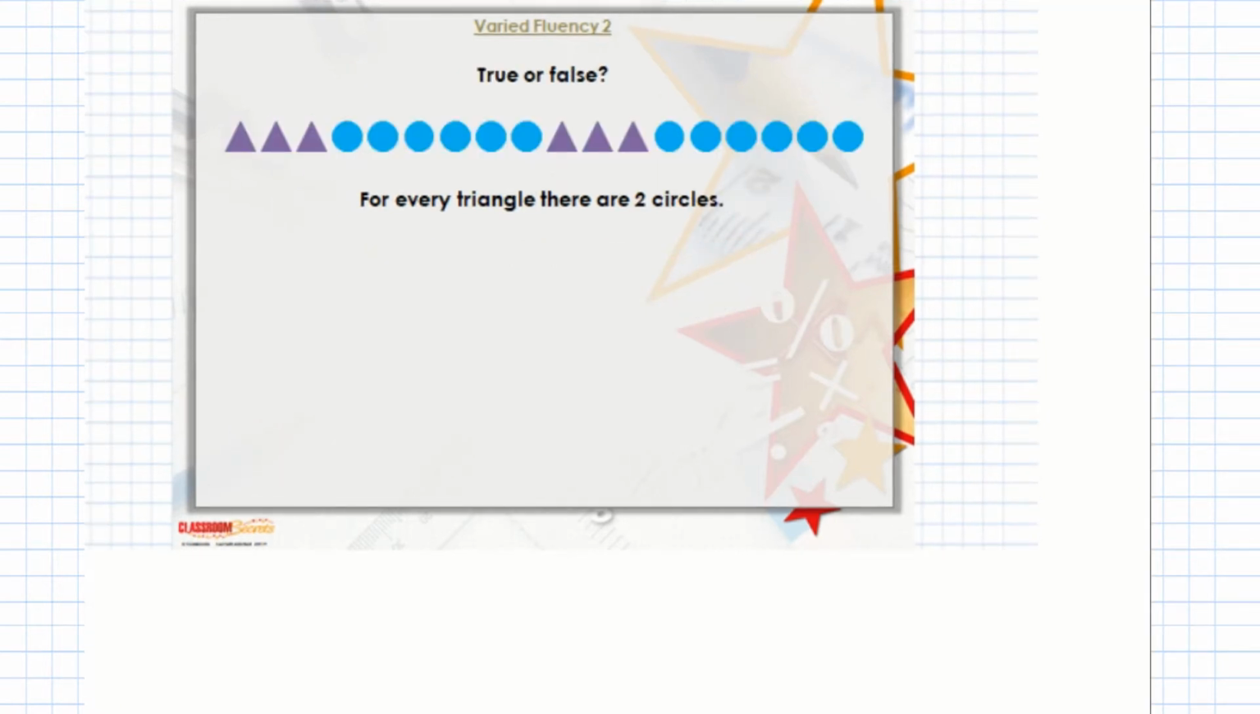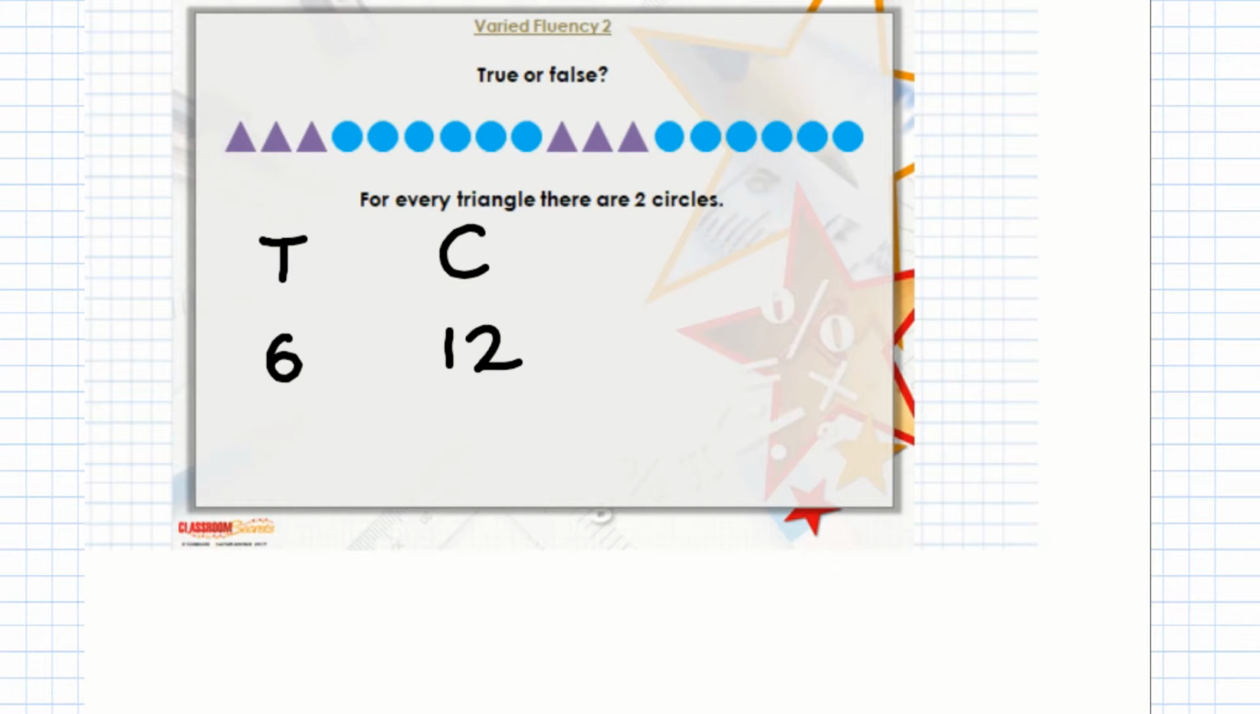True or false? For every triangle, there are 2 circles. So we know we've got 6 triangles. And we know that there are 2, 4, 6, 8, 10, 12 circles. So we want to know, for every 1 triangle, if there are 2 circles, if